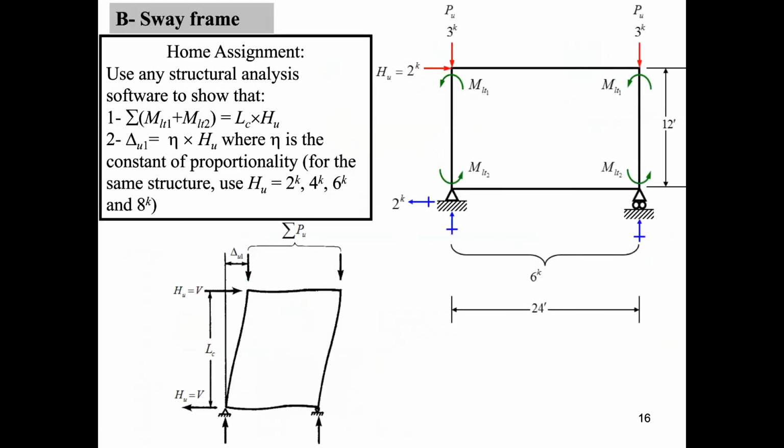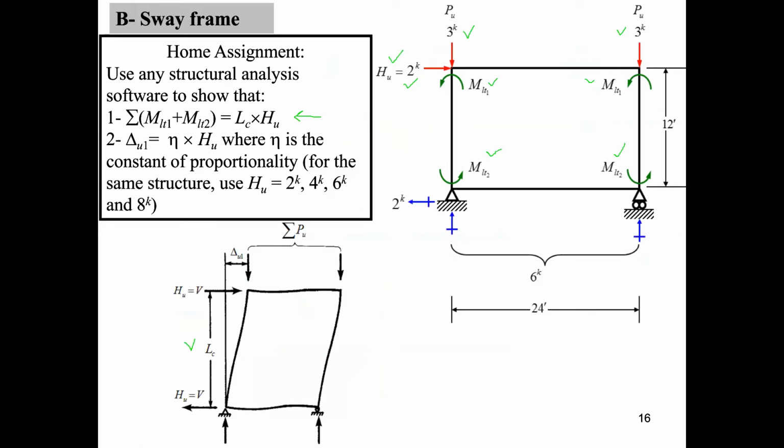Now let's move on to sway frames and consider the following structure. This structure is subjected to two axial forces Pu and one lateral force Hu. If we use any structural analysis software, we can show that 1. The sum of the column moments in a sway frame is equal to the height of the frame, Lc, times the applied lateral load,